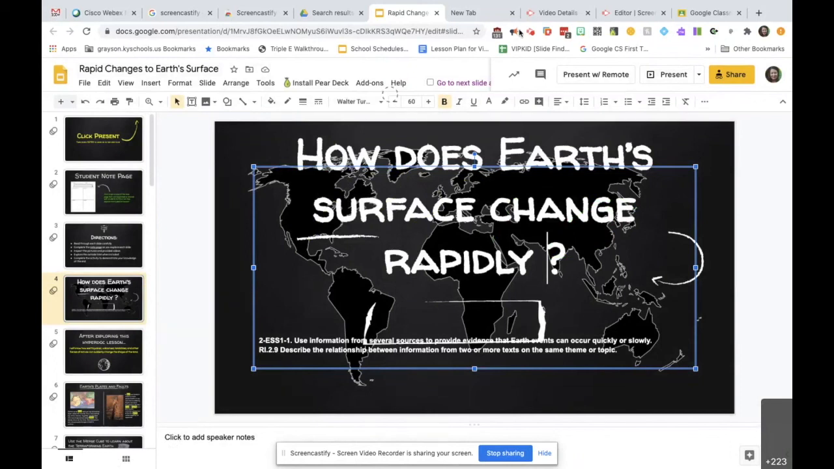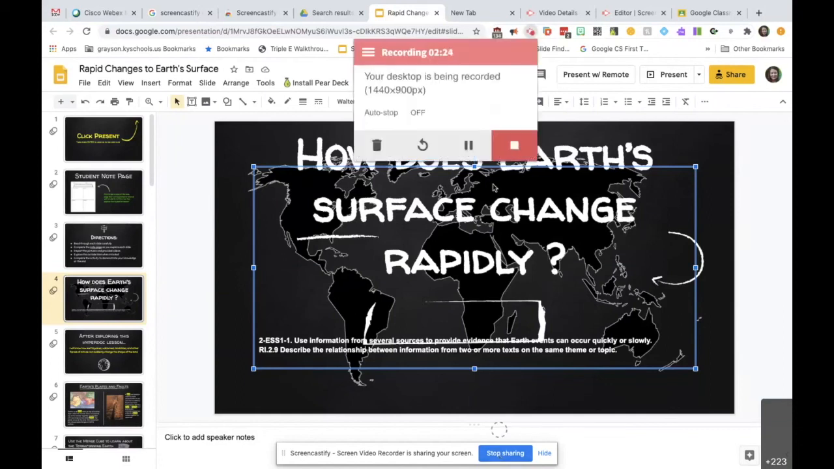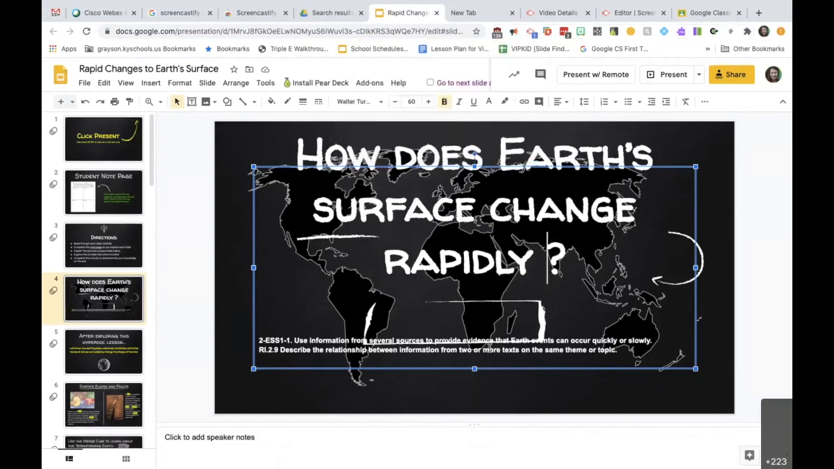And then to stop your video, remember you can go up here to the top, or you can stop sharing down at the bottom of your screen. You can pause, redo, trash, and it will load up and load to your Google Drive, and from that point you can share it out. Okay,